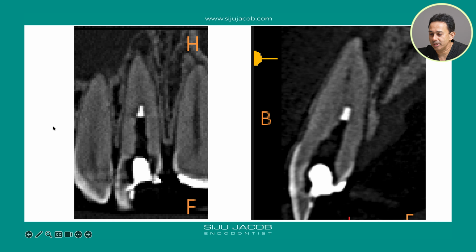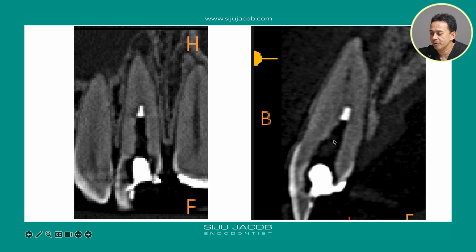Now let's look at what the inter-appointment cone beam CT tells us. What it tells us is that I am on track when I look at this tooth from a mesiodistal orientation. I am exactly in the middle of the tooth. But when I look at the bucco-palatal view, it tells me that I am actually drilling far too palatal to where I should be. So I have this information, and from this information, I know that my angle of drilling, the earlier drilling was palatal, and I should move a bit more labial, and that's where I am more likely